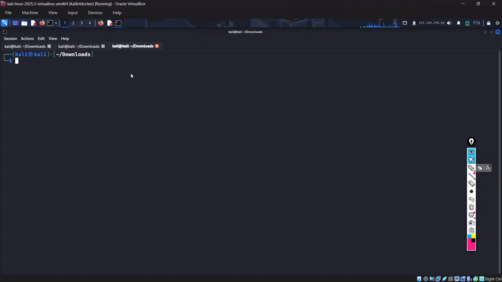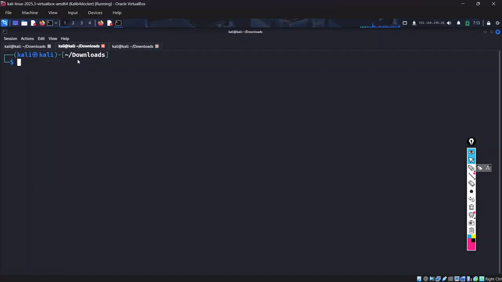As always, I just open 2-3 terminals together by going to the session, new tab. Okay, so I'm in the downloads folder. How I went? cd space downloads, and right arrow, it will autocomplete. Okay,